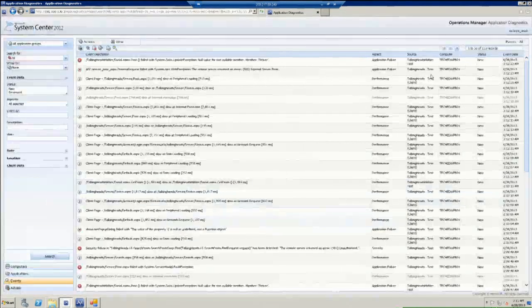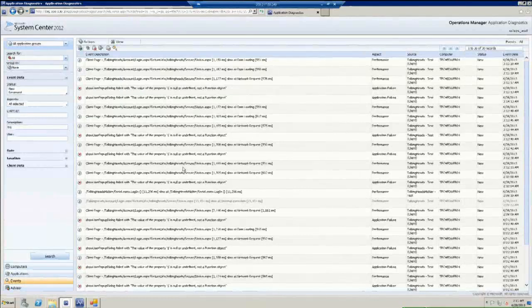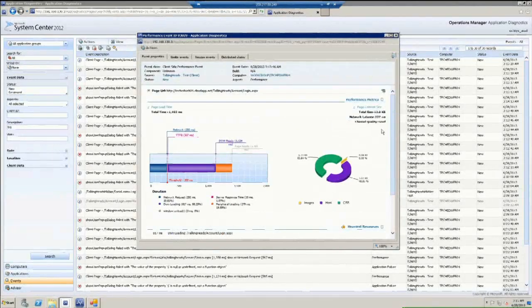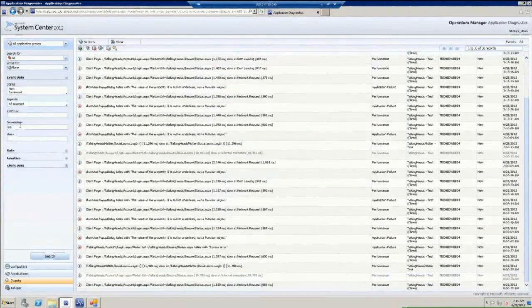100%. Okay, now let's take a look at another type of events, at performance event. I just need to filter. I know that it will contain rather interesting stack, or not event ID, but description. And let's take a look at the event. Just to give you an idea of what's the client-side events. This one contains information about the pages, about the internet channel, network latency, and so on, channel quality, the request execution on the browser side, where we have parts for the network request, for the server response, some DOM loading, and so on. But now we're going to take a look at server-side events firstly, and okay, let's find